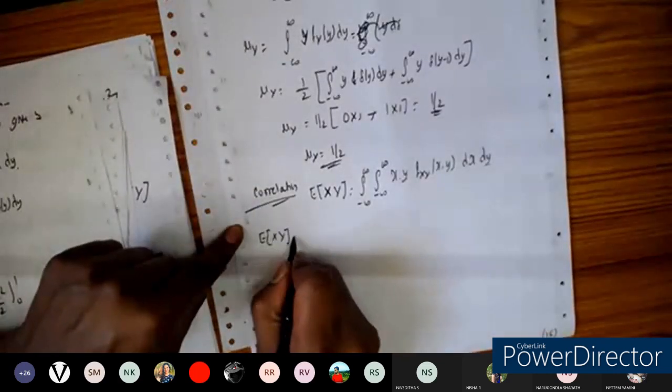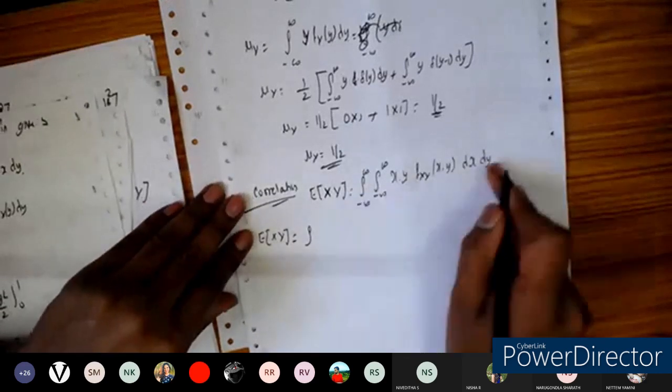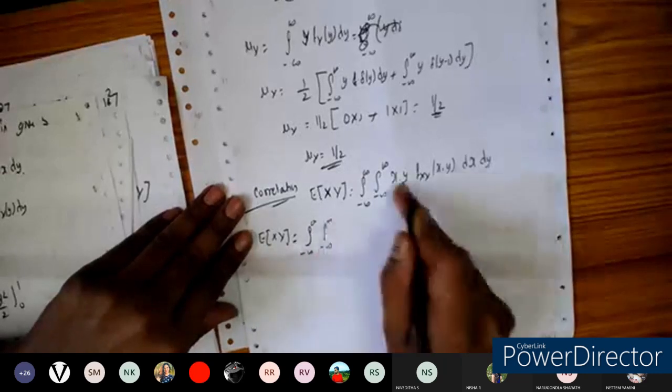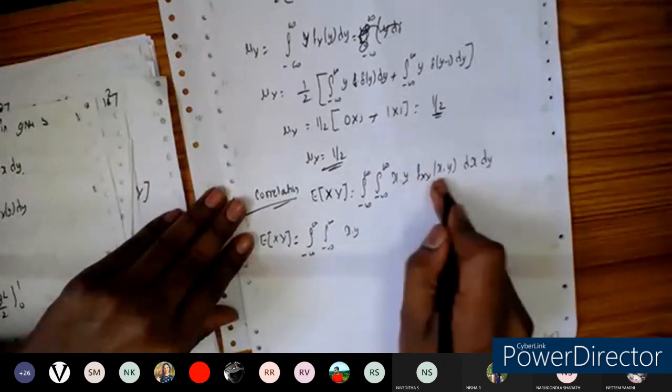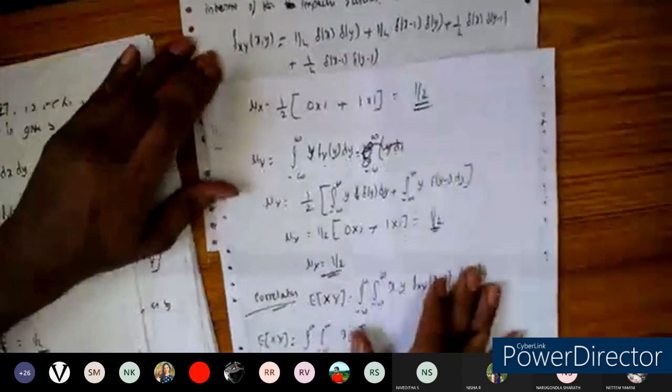Now we are going to consider the bivariate PDF. One integral with respect to dx, the other integral with respect to dy. So let us substitute for x into y the fxy, which we have already taken. I'm going to write this here.